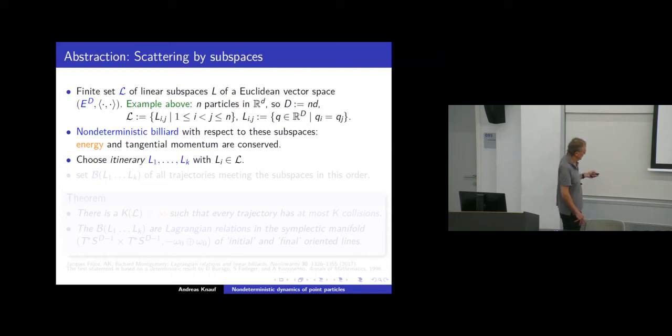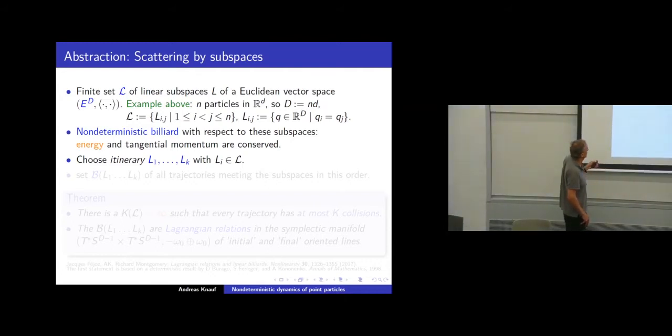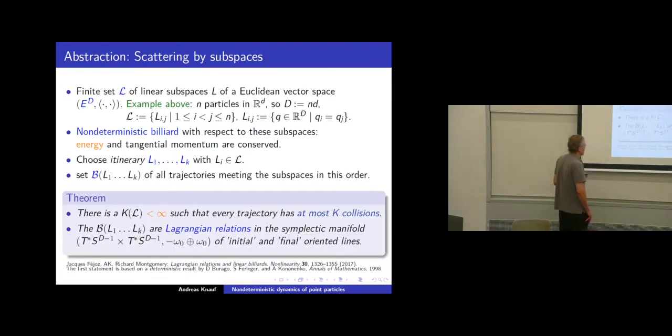Yeah? Then you could choose an itinerary, which means choose a succession of subspaces and look for the possible realizations of collisions with these subspaces in succession, and then you get a set of trajectories called B, depending, of course, on the choice of succession of subspaces, meeting these subspaces in the order. And a theorem, together with Jacques Bejosse and Richard Montgomery, says,